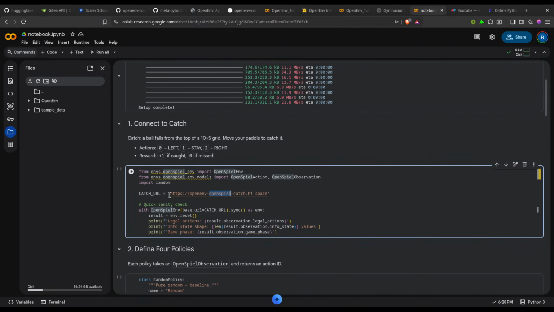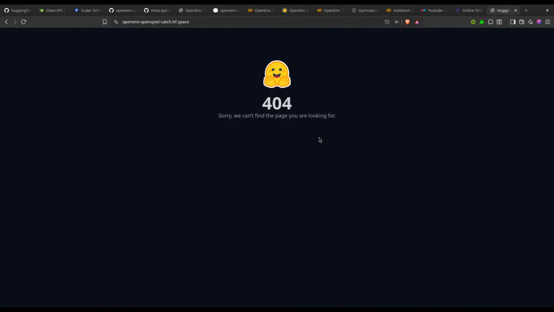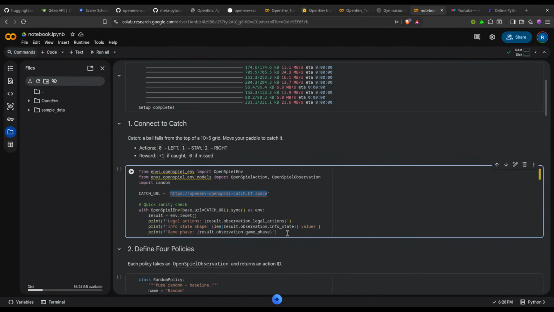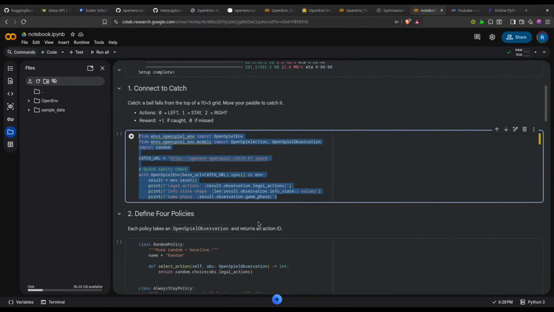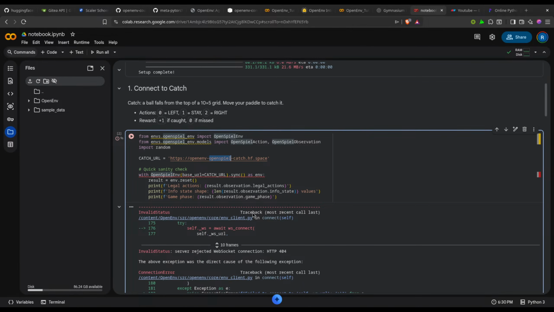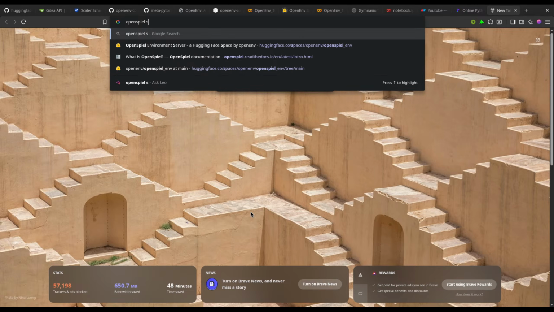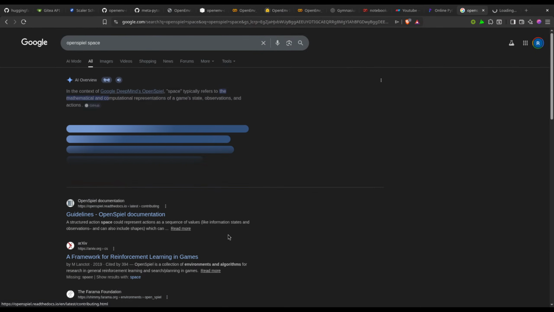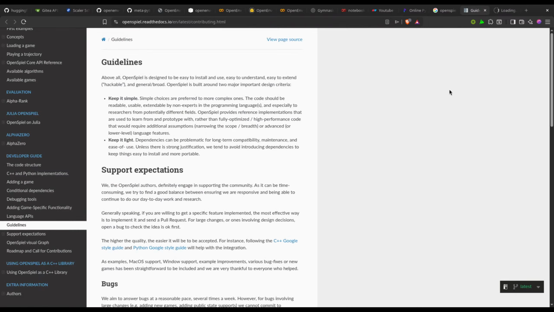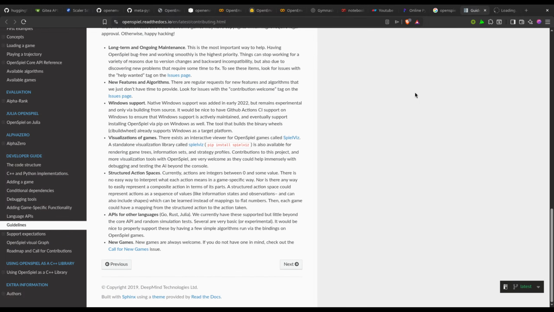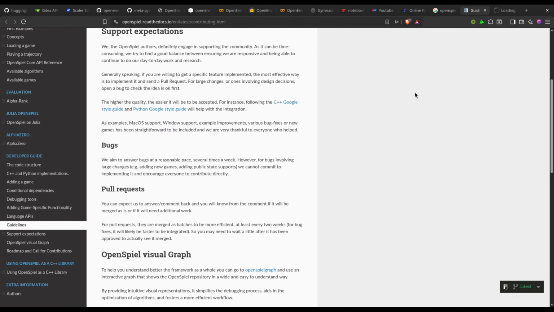Let me see if this is working or not, because if it is not working we will not be able to connect with it. It is not working, so we will not be able to implement this part also, I think. Let me still try to see if it is working or not. Let me also see if somebody else over the internet has implemented it for us, maybe not.